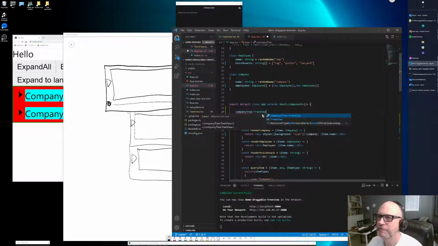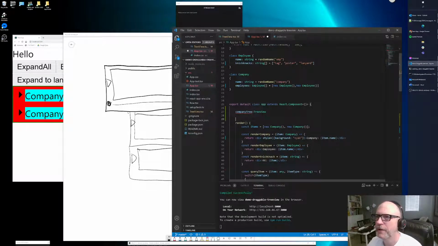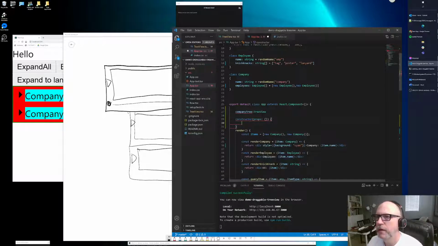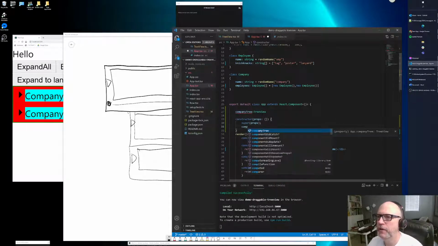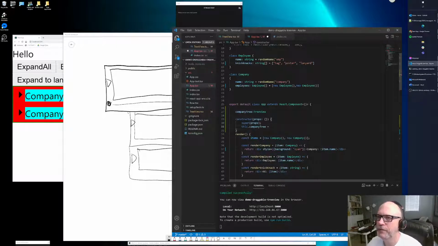That's what it is. Okay, everybody agree? It's a tree view. We have a constructor which takes props of this type. We call the super with the props. Then we say the company tree is equal to,